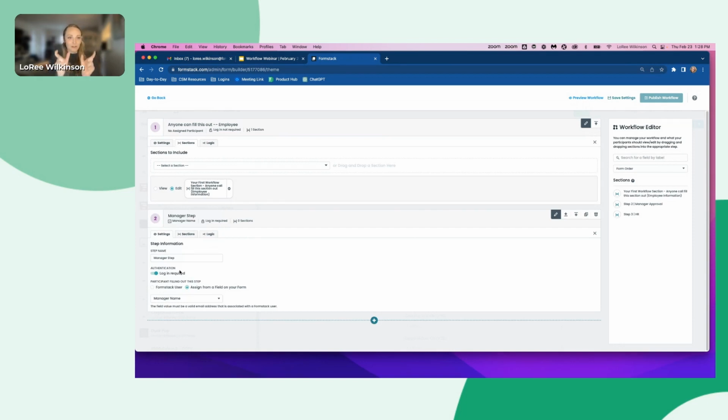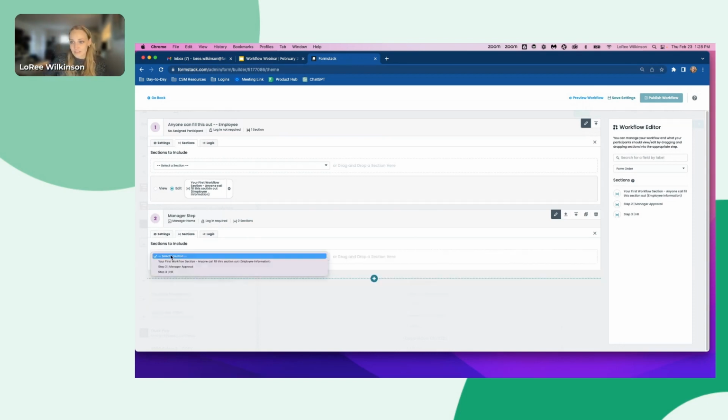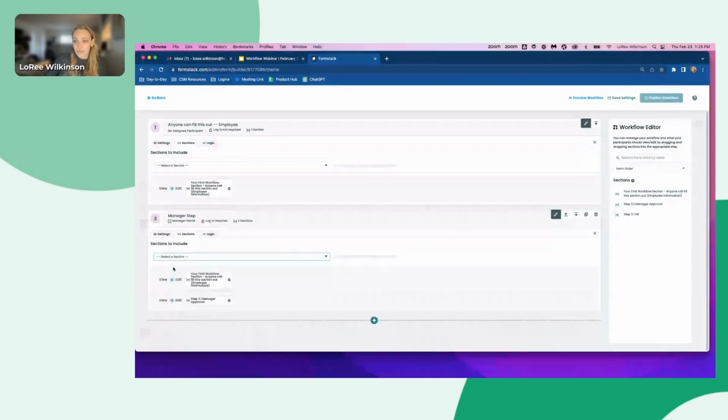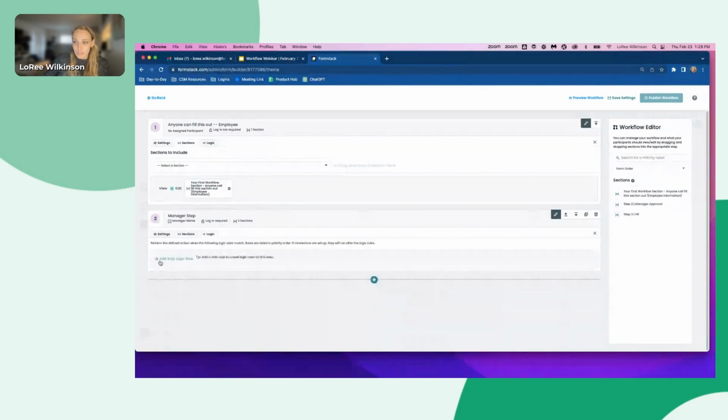Because we use those separate values, it's going to be able to pull that email address from the value to dynamically send this to the manager. Very similarly on the sections, we'll want to apply not only the manager approval, where they'll have edit access, but we also want to give them access to see or view that first step so that they know what they're approving or denying. Then you can put some logic on this step